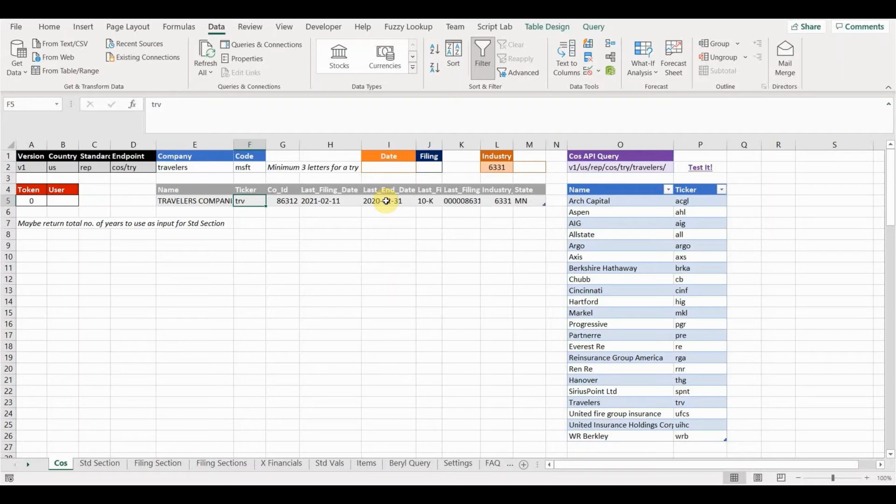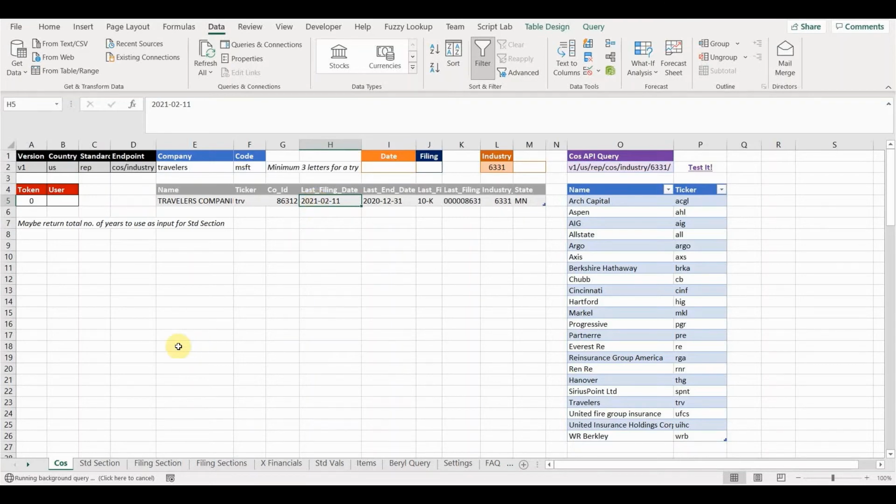Now we may also want to search by industry. Now if you have a look over here, you'll see that it brings down the industry for a particular company, and it automatically populates this box up here, and we kind of looked at the formula of that a little bit earlier. So immediately it means we can run the industry search by switching to that particular endpoint, and it will bring back all companies which are also in that particular sector. So again, if we do our Alt F5,